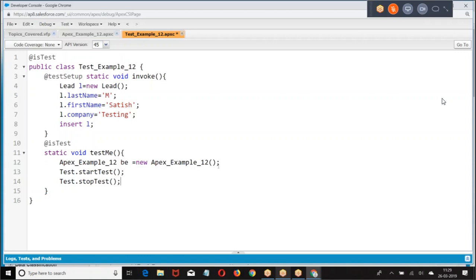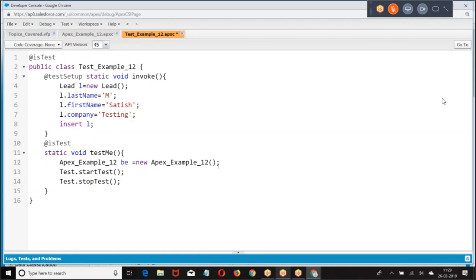Any asynchronous operation you want to test, that should be defined within Test.startTest and Test.stopTest. Why?